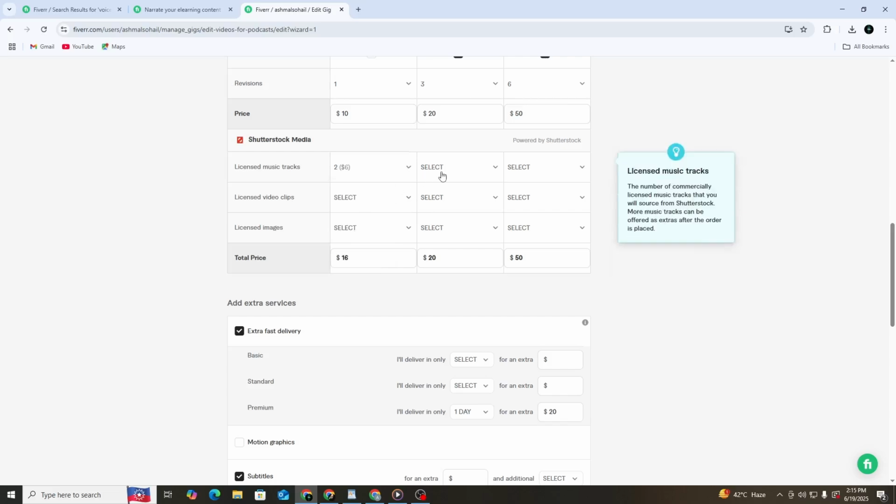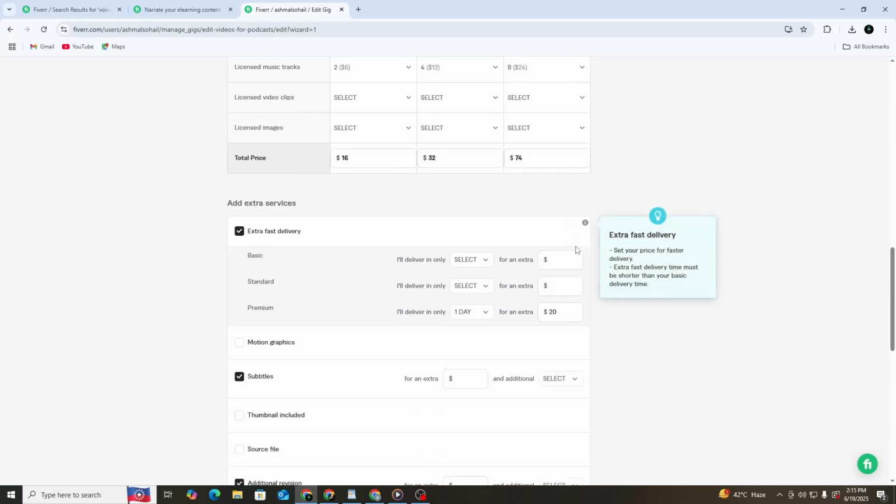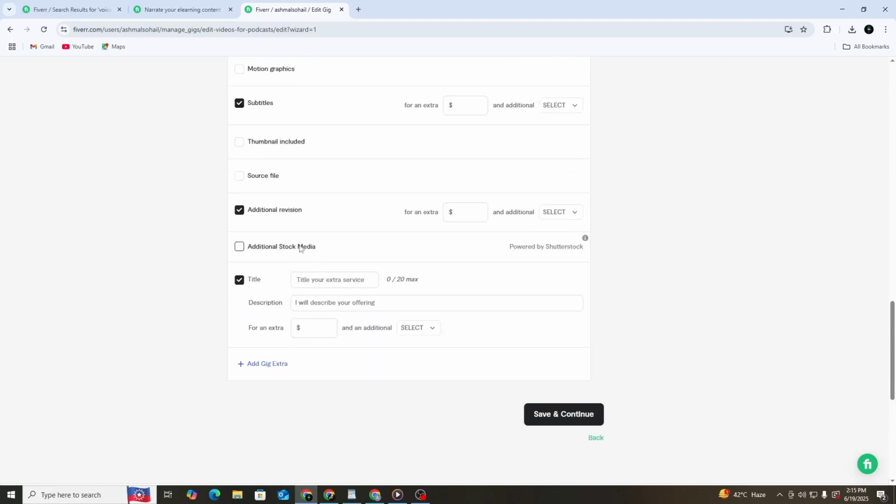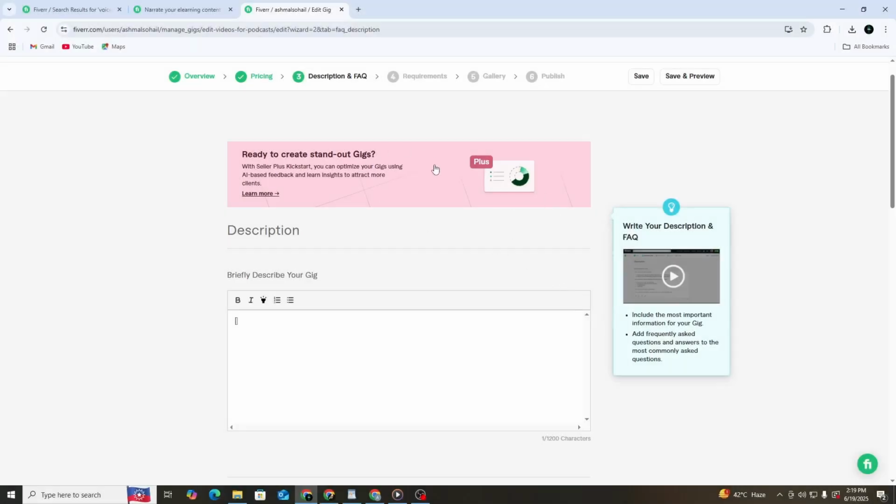To enhance your offerings and provide additional value to buyers, you can also include Gig Extras. These are optional add-ons that buyers can select to customize their order according to their specific needs. Gig Extras not only allow sellers to earn more per order, but also help buyers tailor services to better suit their preferences and timelines. Click Save and Continue to proceed to the next stage, where you'll enter the description and